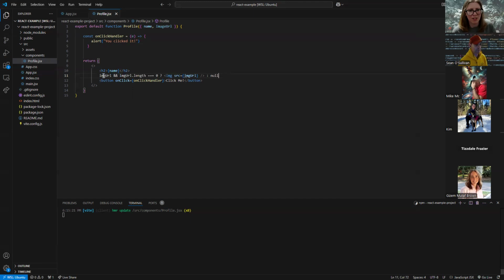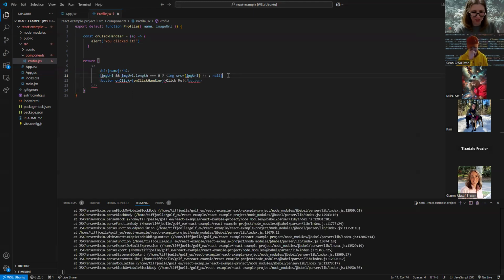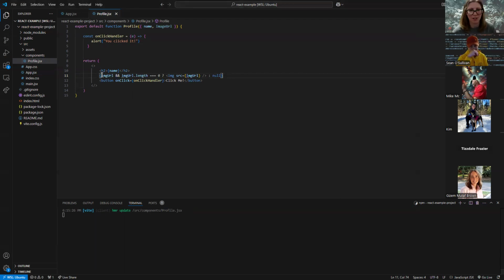So because this is an expression, because we're doing a conditional rendering JavaScript expression here, we're doing like a ternary operator, right? Is this true? If so, do this. Otherwise, do that, right? Ternary in JavaScript. Again, dig deep back to the early days of this class. So what I want to